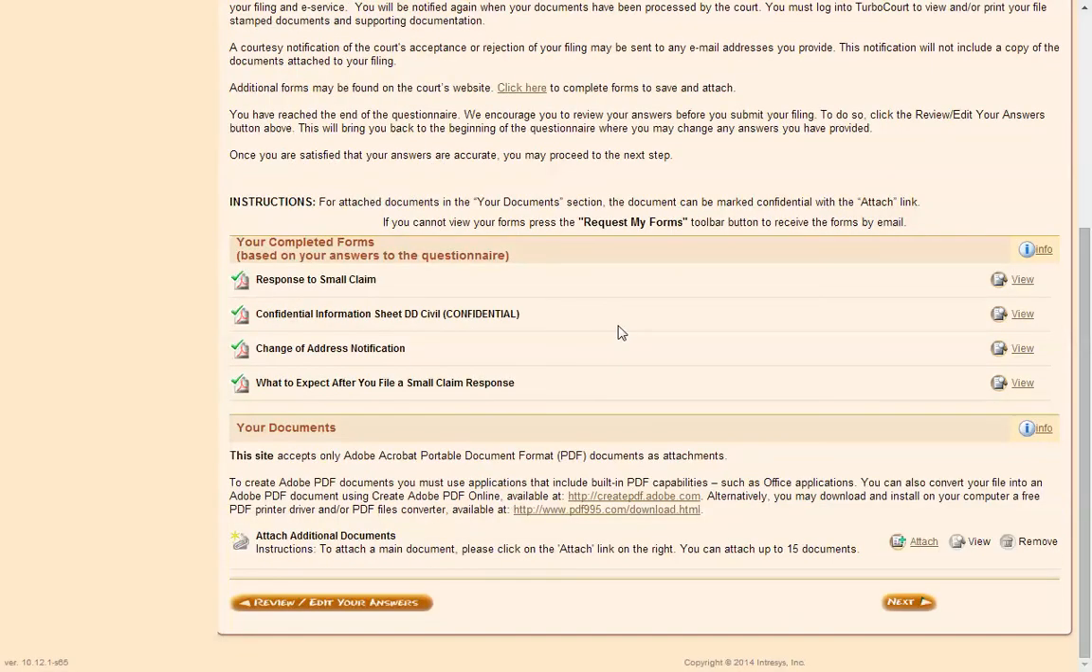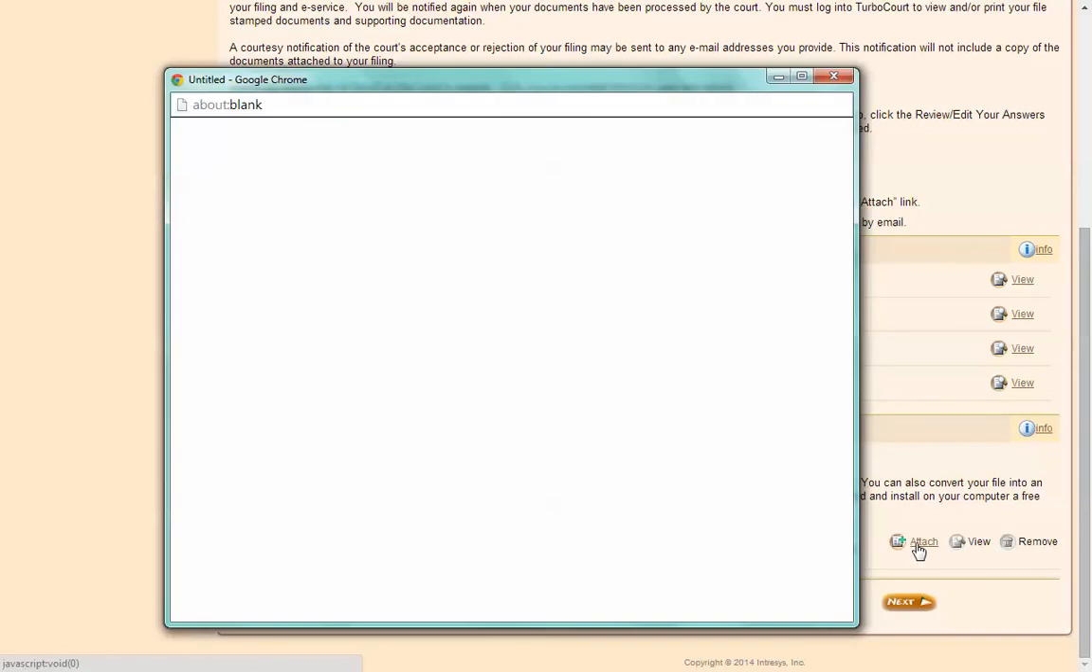If you need to attach any documents, either those that are required based on your responses or additional documents you'd like to attach, you can do so here. Most of the time you need to attach a PDF document. If the file that you happen to have is, for example, a Word document and you need to convert it, you can use these links to do that here. And then once you're ready to attach, click the Attach link,